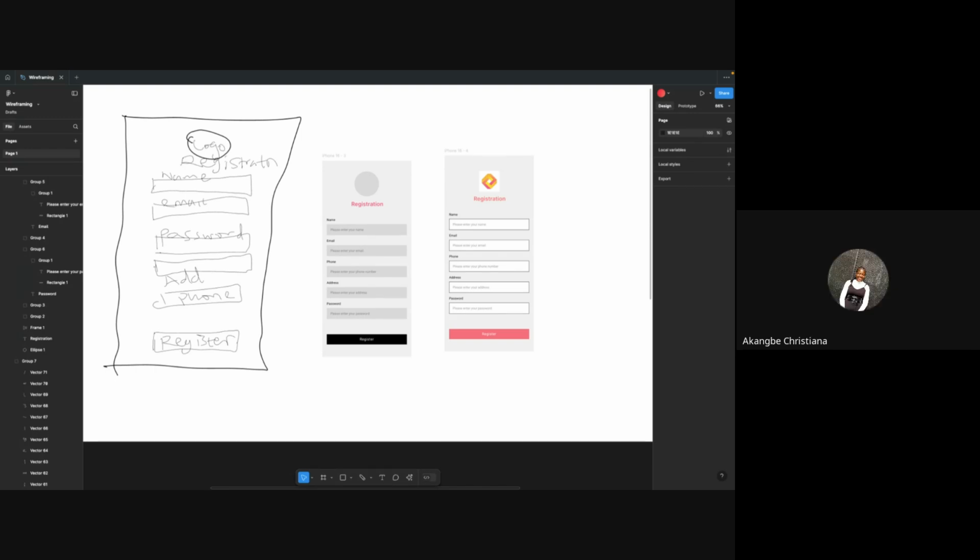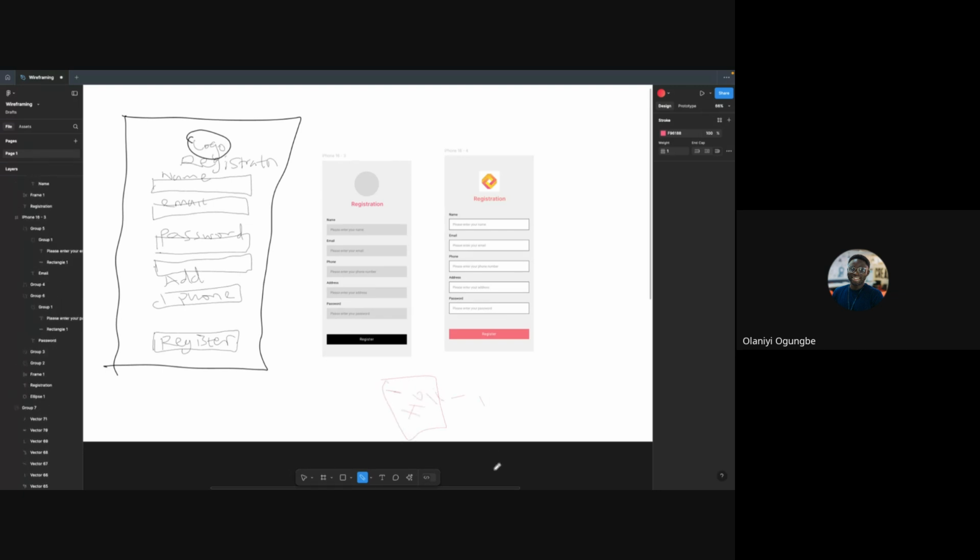Oh, sorry, I thought I was speaking. My mic was off. So this first low fidelity, please, how did you sketch it out? How did you get that? How did you go about it? So I used the pencil. I use the pencil. So it's actually a bit easier for me to use the pencil because I am currently using a graphics tablet. So if I was using a mouse, it would have been harder. Okay. I understand. Thank you.